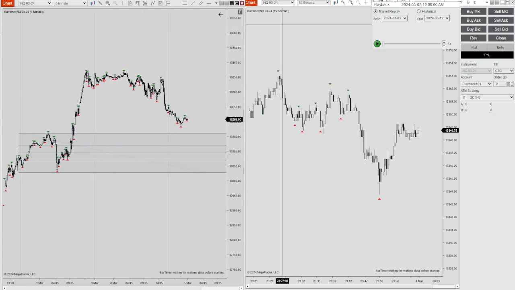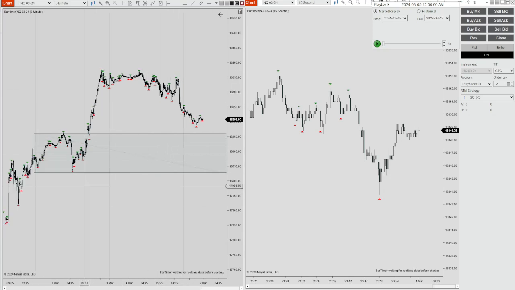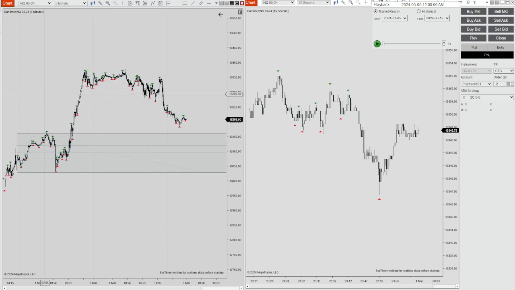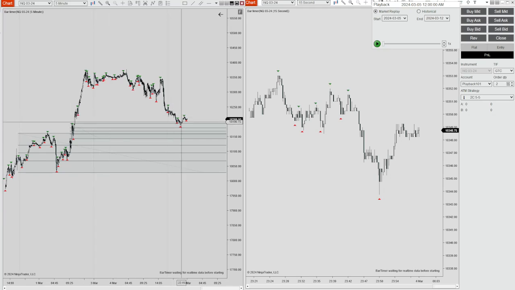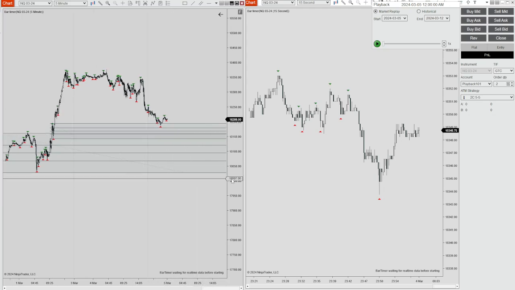So 15 minute looks bullish. Lower time frame just delivering down to the 15 minute point of interest. We have some fractal zones here, right? We got a little bit of a reaction there. Even here, I can show you, right? We got a little bit of movement here in this zone. Let's delete this since it's already mitigated. Now we're tapping into this zone. We got a little bit of a flip,